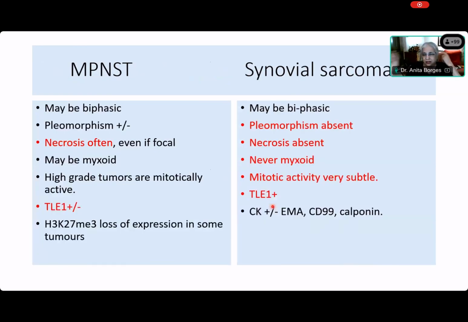Okay, this is just to tell you, don't bother about the MPNST, but this is about the synovial. You never get pleomorphism. You never get necrosis, and I'm saying never. Is this tumor myxoid? If you get a myxoid tumor, a tumor with necrosis, a tumor that is pleomorphic, and it is full of mitoses, that's not a synovial sarcoma, and never should be called a synovial sarcoma. So these are 4 things that you should not see in a synovial sarcoma: myxoid change, necrosis, pleomorphism, and